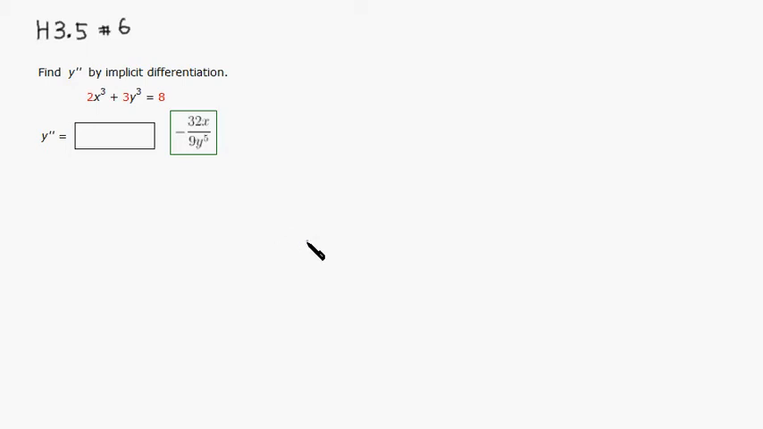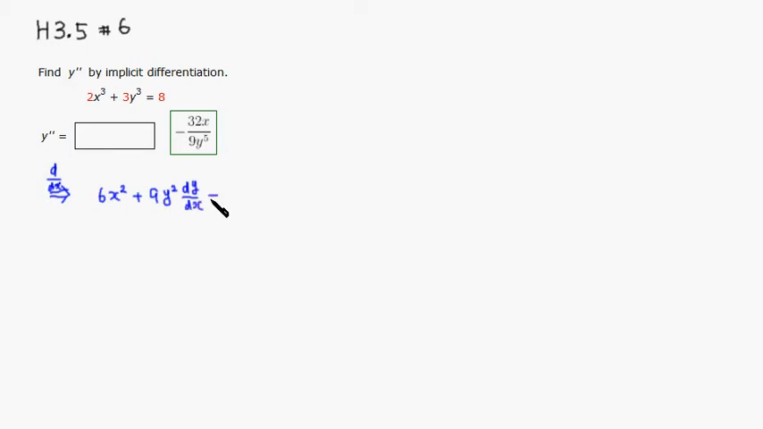Okay, let's look at homework 3.5, number 6. Right, so let's take the derivative, at least the first derivative. So take the derivative with respect to x. Right, so we will get, let's see, 2 times 3, 6x squared plus 9y squared. Then you have to multiply by dy over dx,